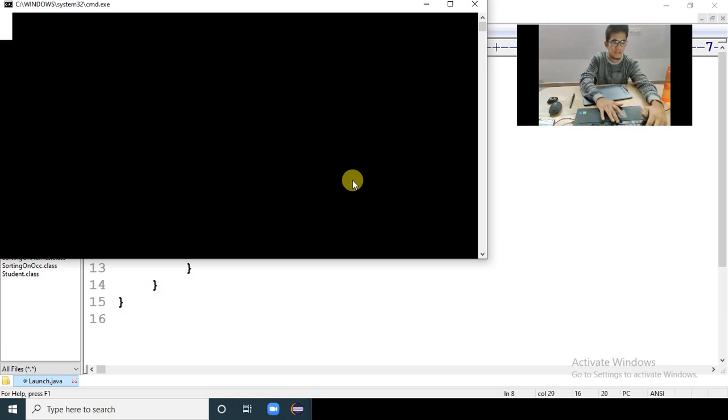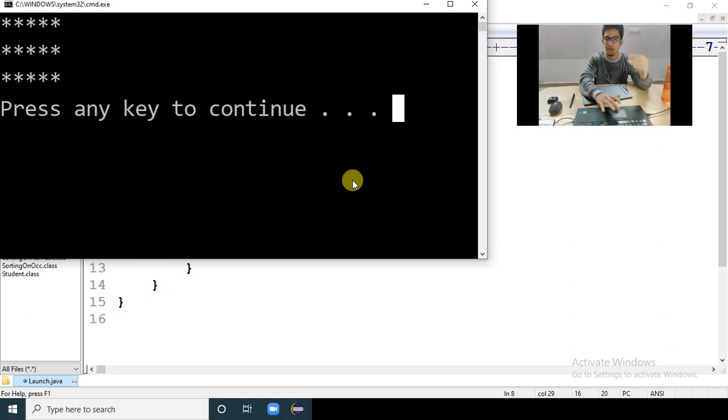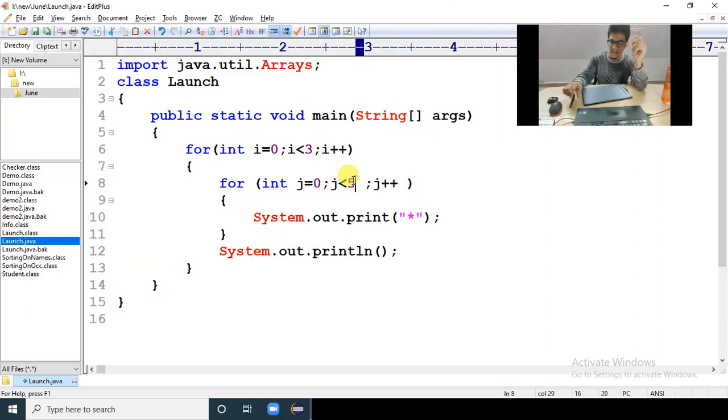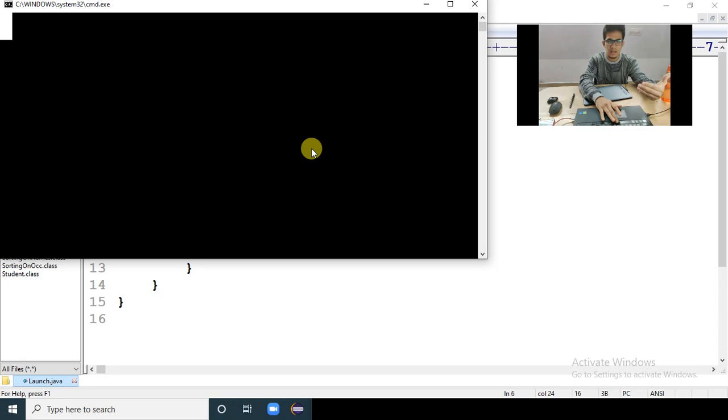Okay. So if I compile and execute, watch here. It will print 5 columns. How many rows? 3 rows. How many columns? 5 columns you have printed. So you have to understand, right? This is very important. Column means j. Row means i. So I will tell here i is less than 2, which means I am telling 2 rows, 5 columns. Print a star pattern with 2 rows, 5 columns.